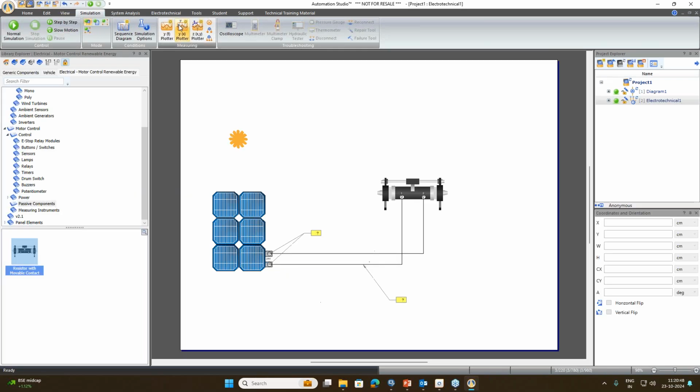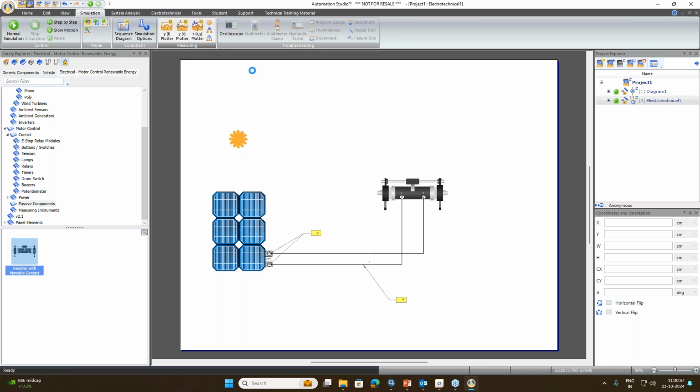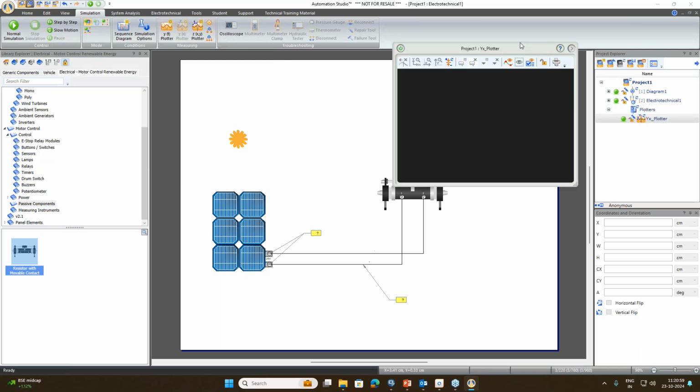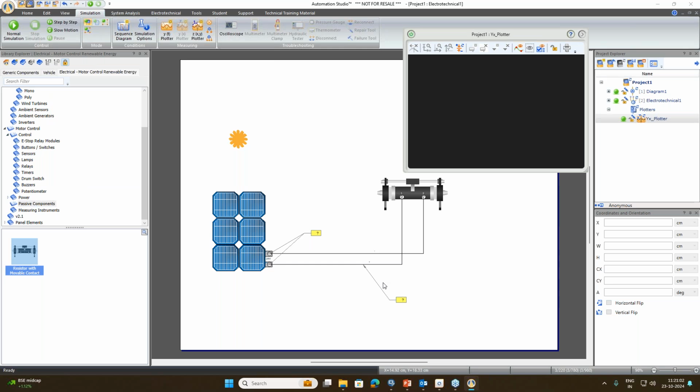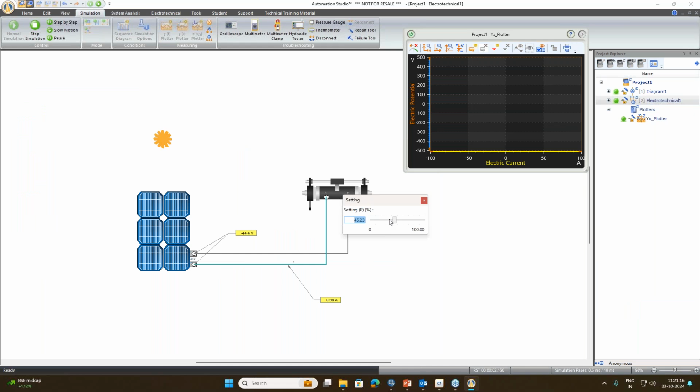We also have Y of X and Y plotters, where we can get a graphical presentation. We will take the Y of X plotter, and we will track this current and voltage. Here we have taken electric current against electric potential. Now when I start the simulation,